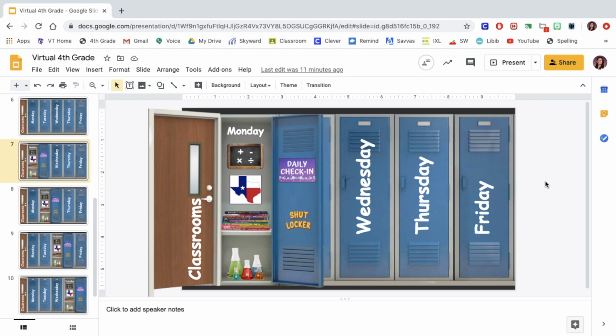Hi, it's Miss Clark, and I'm going to show you how to make the lockers clickable so students can feel like they're really opening the locker. They can't advance to the next slide, and you can lock certain lockers so they can't go there until you're ready for them to. So, on my lockers, all of these items are going to be clickable